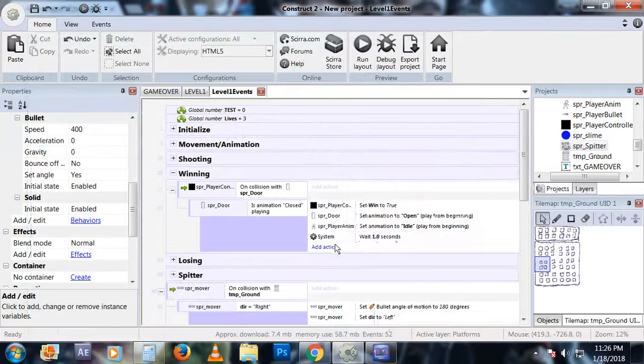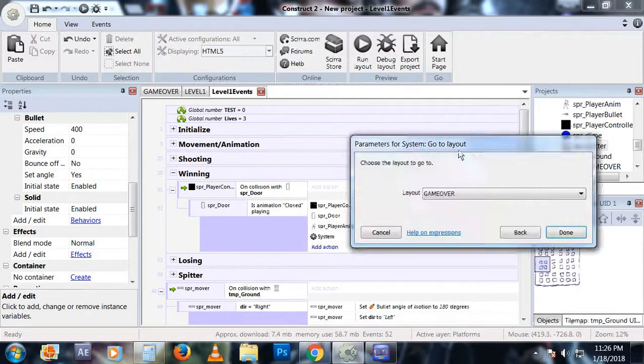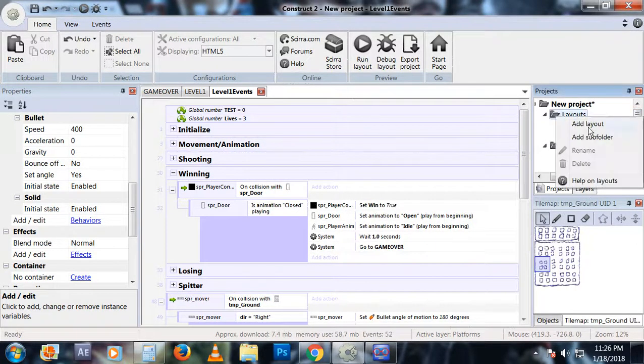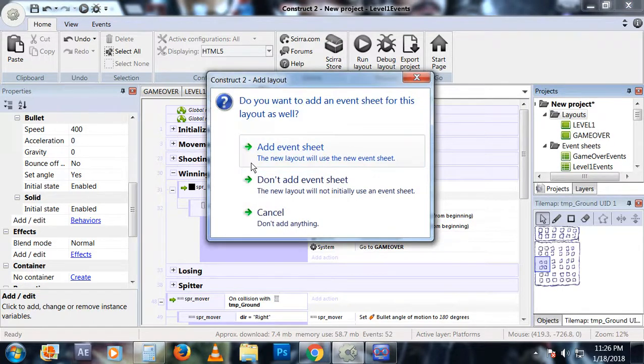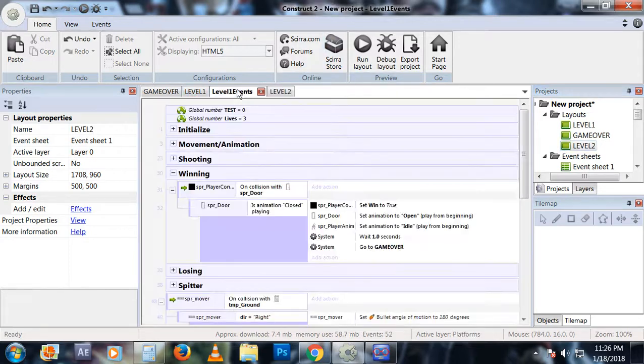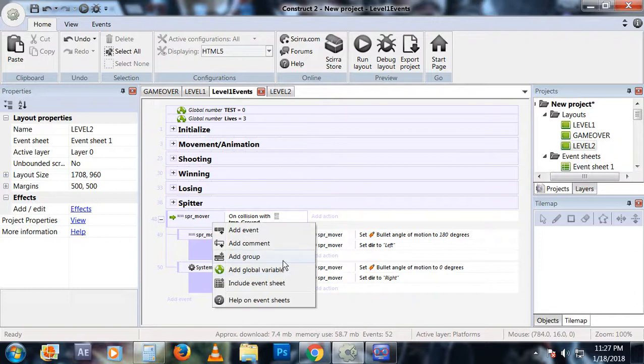Okay, wait 1 second, and then system go to layout, and then let's say we add another layout to this. Add its own event sheet. Level 2. Boom. And the good thing is, since we did a lot of the programming here, what is this for? Oh, the mover. The good thing is, since we did a lot of the programming here,